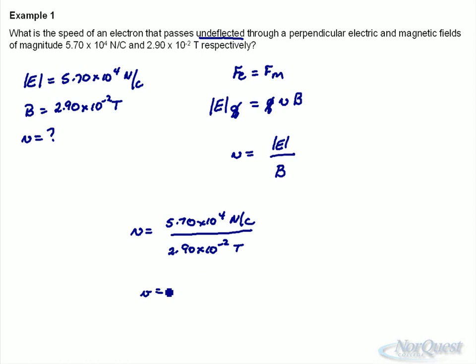Punch that in your calculator, and you get 1.97 times 10 to the 6 meters per second. And that's a reasonable speed for these types of voltages that you're working with in the